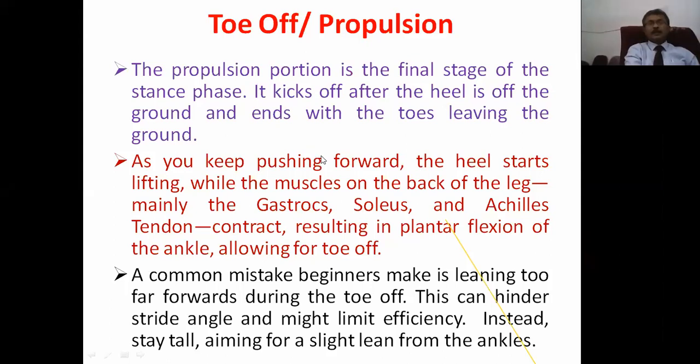And the toe propulsion, the propulsion portion, is the final stage. टो को हम टो के ऊपर उठते हुए, टो के ऊपर पूरा बॉडी आ जाता है उस पंजे का, और हम उसको आगे की ओर ले जाते हैं। सो इसमें कुछ मसल्स जो काम में आते हैं, दैट इज कॉल्ड गैस्ट्रोक्नेमियस मसल, जो आपके काफ मसल भी कहते हैं हम लोग, शायद हिंदी में पिंडली भी कहते हैं इसको, सोलियस मसल उसके जस्ट नीचे, फिर एचिलिस टेंडन, एचिलिस टेंडन आपके हील